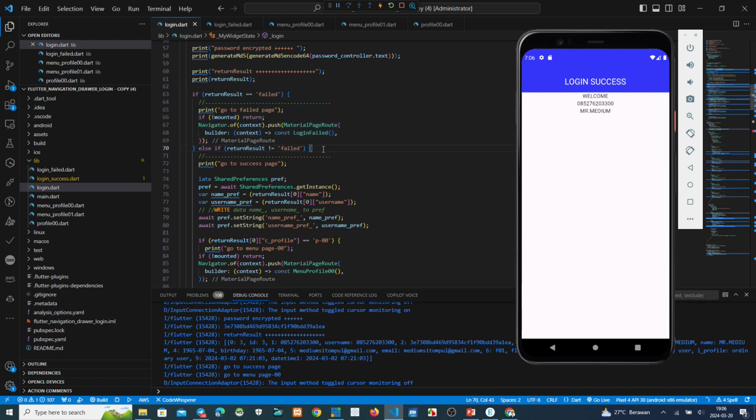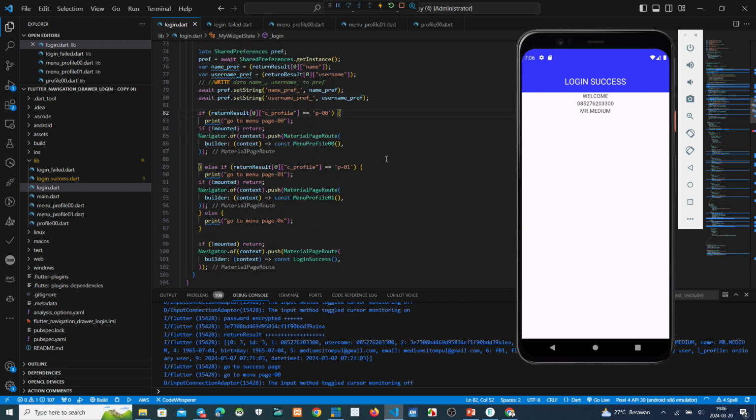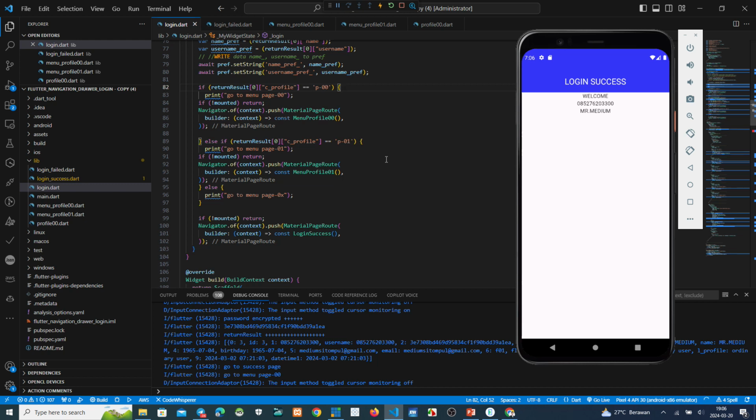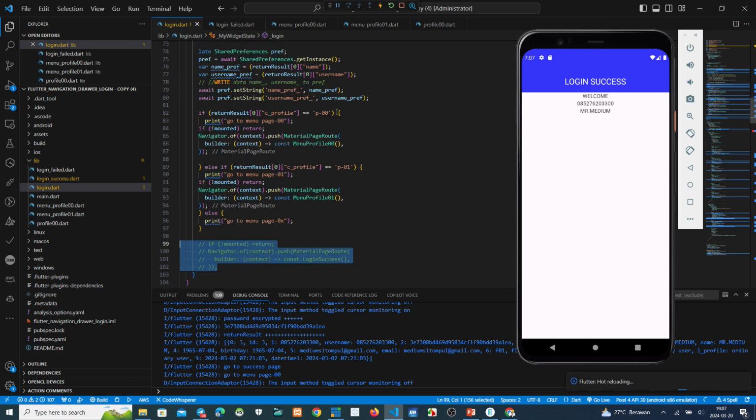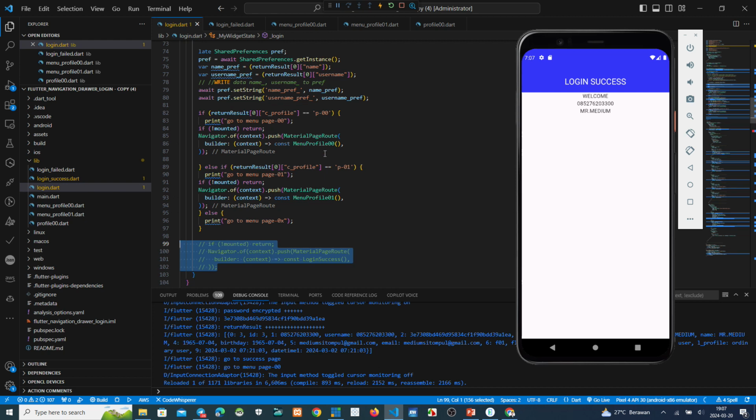Not fail, this one. This is the preference. Oh, we don't need this one because we have changed to this. If the cProfile is P00, the script will navigate to the profile menu profile 00.